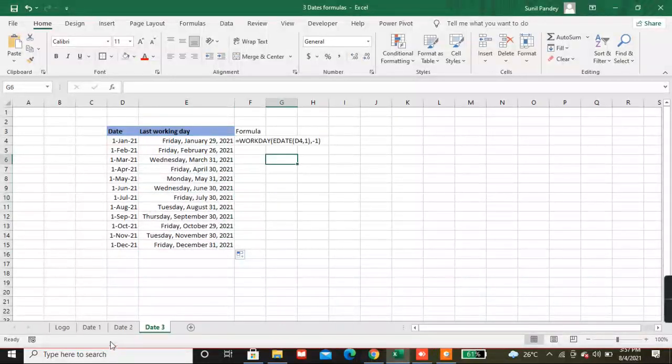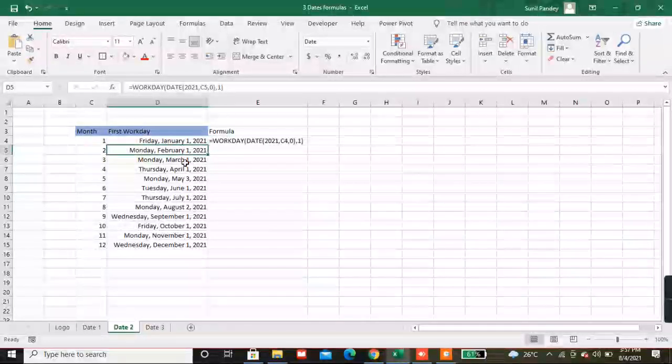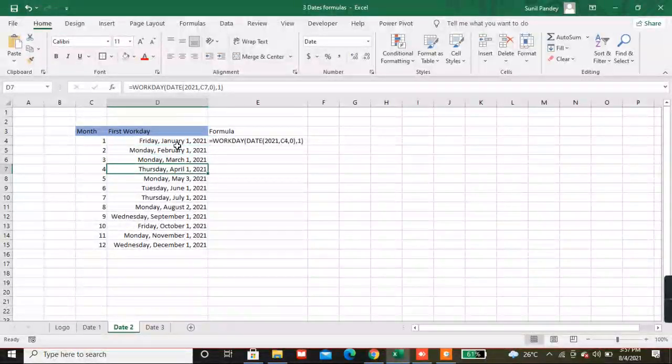And I forgot to add one more thing in the first workday formula. This formula is applicable for working days which are Monday to Friday.